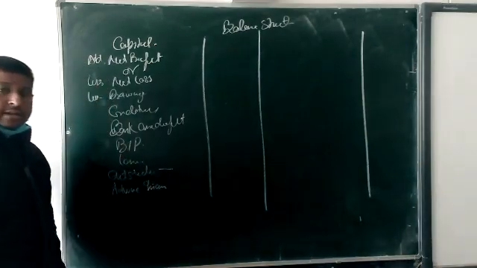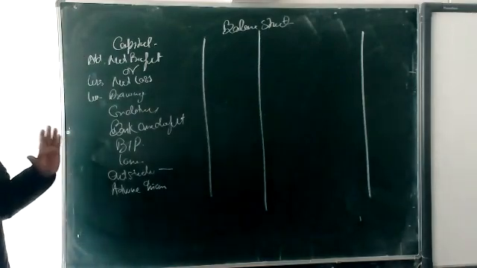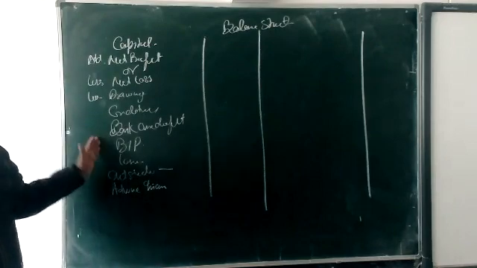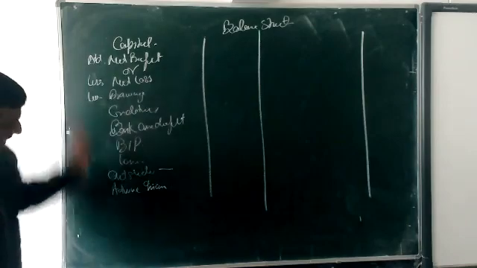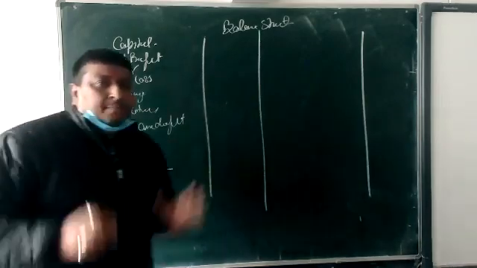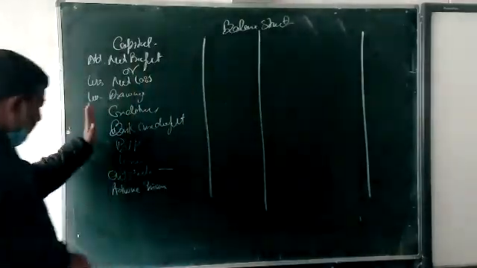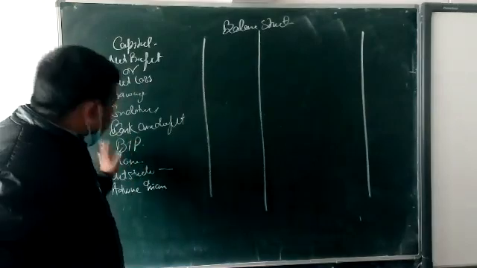Okay, clear? These all we are presenting on the liability side. Okay, creditor, bank overdraft, bill payable, loan. The whole trick is what? Any type of liability you have to pay, all liability we are putting on this side. Clear? All liability we are going to put on this.